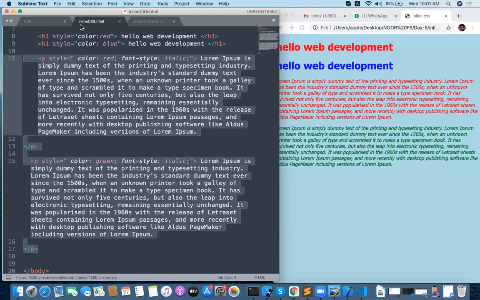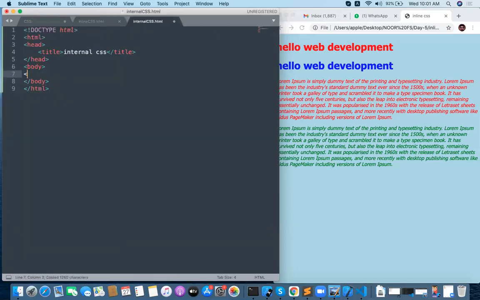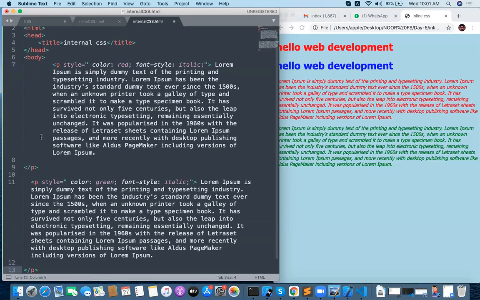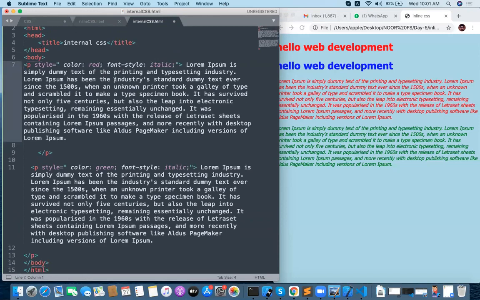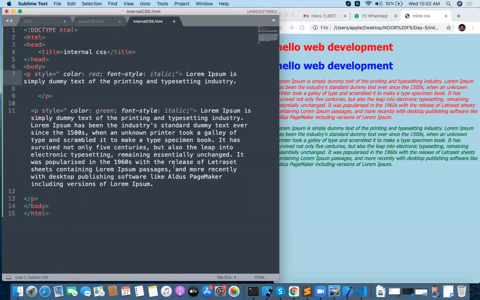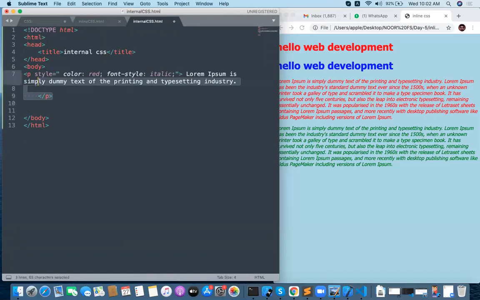Copy the two paragraphs here. I'm not writing any style for the inline, so let me delete the inline style for these paragraphs. I don't want to go with inline CSS for that. I have two paragraphs now.